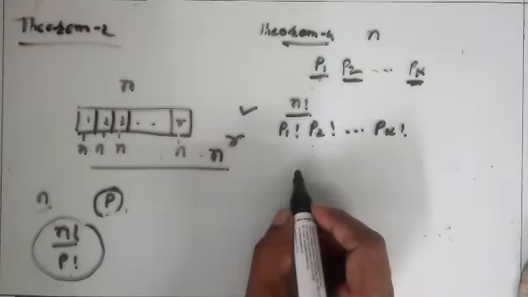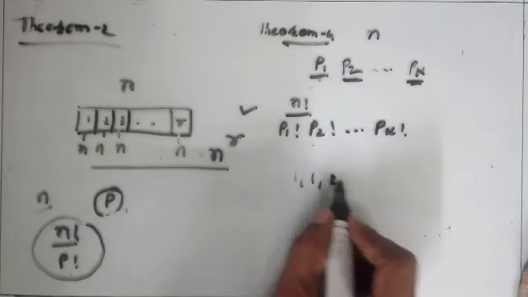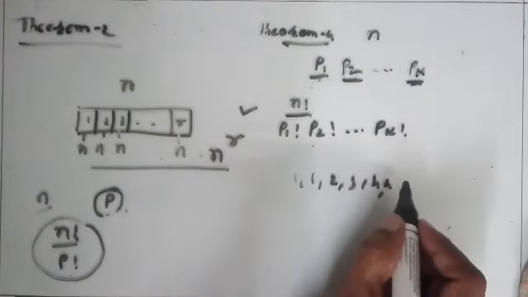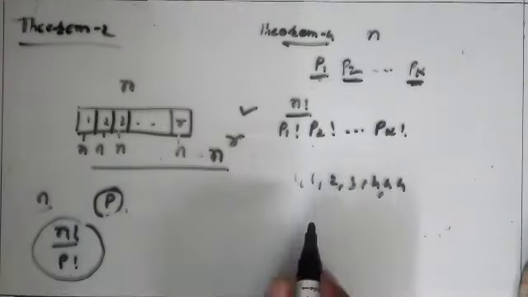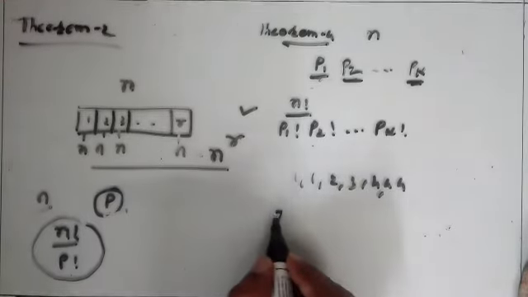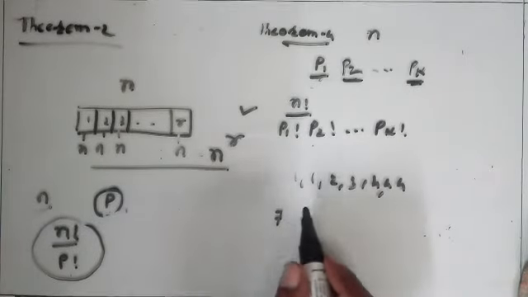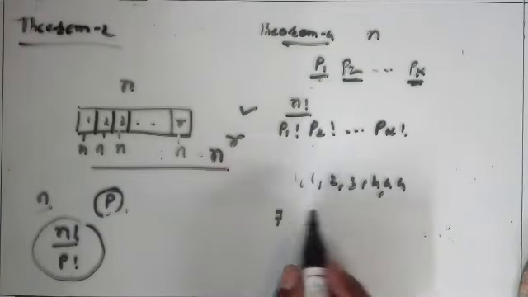Like, if we have 1, 1, 2, 3, 4, 4, 4, that is 1, 2, 3, 4, 5, 6, 7, seven objects in total given, and we want to form a 7-digit number. Then the total number of 7-digit numbers is equal to 7 factorial upon,